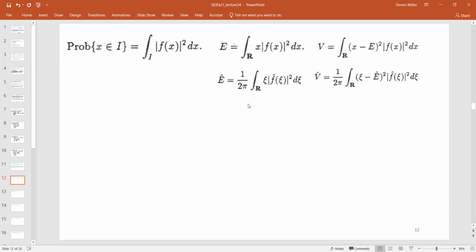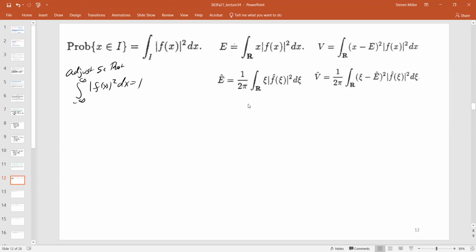That's very similar to what we're doing here. This is something you've seen before, but maybe not emphasized. We might as well adjust this integral to be 1 and have it as a probability distribution. So adjust so that the integral from minus infinity to infinity of the absolute value of f of x squared dx equals 1. And then for the next part, we're going to just look at a bunch of standard objects that we've studied before,